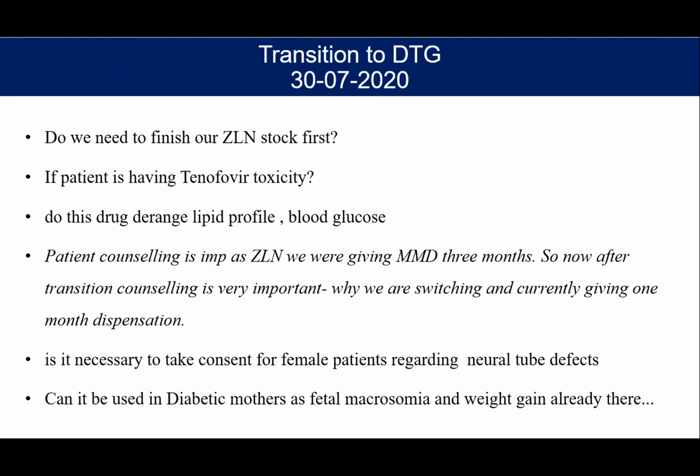Sorry, Dr. Anwar, I just want to add here. So I think ART centers need to be mindful of planned transition, because some of your patients might not be suppressed on ZLN and they might need a step-up counseling for 3 months. So you have to ensure 3 months of stock of ZLN for these patients. So whenever you are doing the transitioning of patients, please see your stock and see your patients what is the viral load suppression rate in these patients, and for how many patients you can do immediate transition, and for how many patients you will need to actually maintain stocks at least for 3 months to continue them when you're doing the step-up counseling. Thank you, Dr. Reshu.